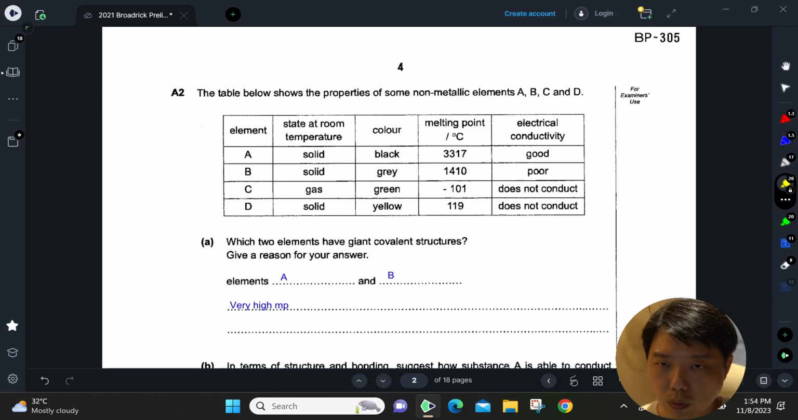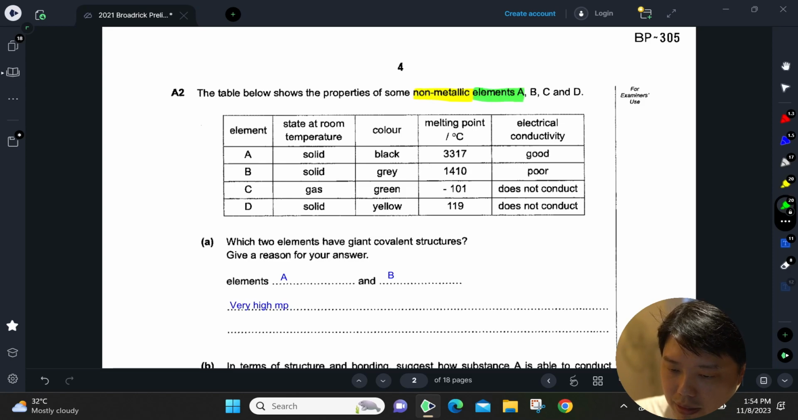Right, now looking at question 2, you have a table given to you. The first hint that the question gave you is non-metallic elements. A, B, C, D are not metals. That's what they're telling you. So if the things are not metals, and they are elements, it means that you take out